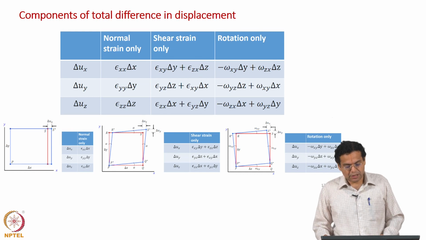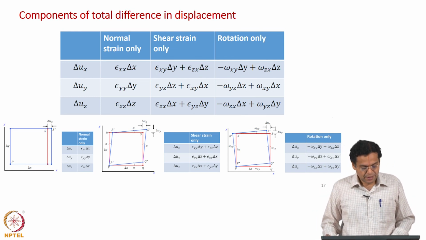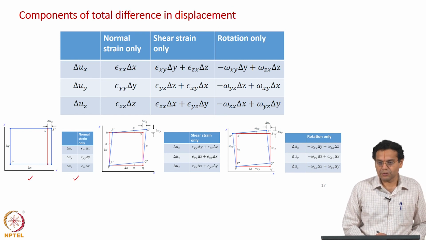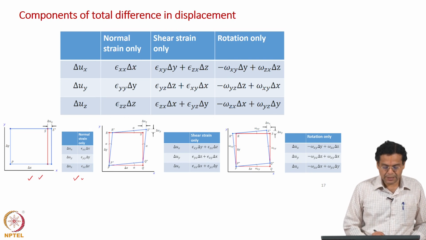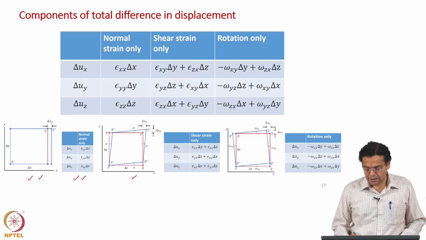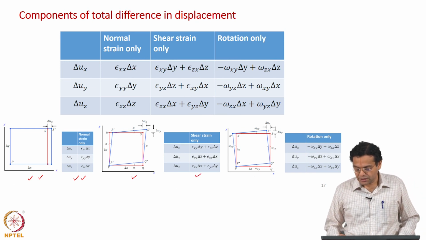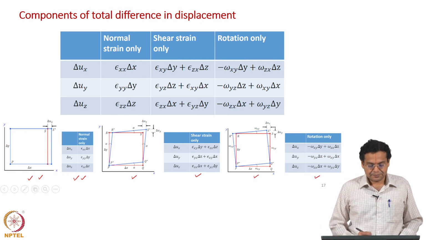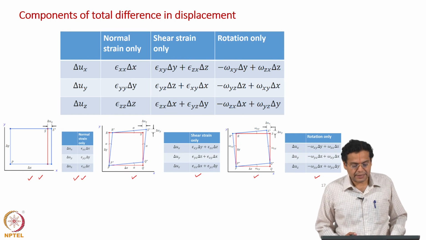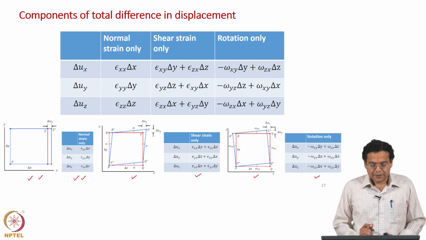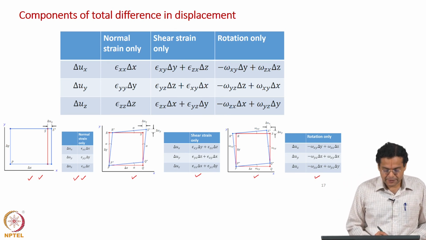Okay. So, let us put all of them together. The individual figures are shown here, the individual tables are shown here, at the bottom of the slide. The first figure is for normal strain and the corresponding table, second figure for shear strain only and the corresponding table, third figure is for rotation only and the corresponding table. Okay. Now we can fill the entire table, we said we are proceeding towards that, and so what is it I have done?